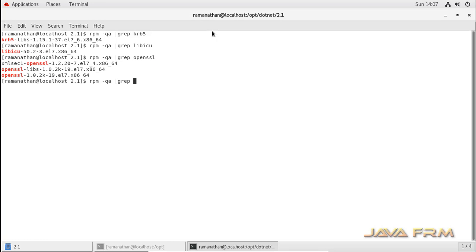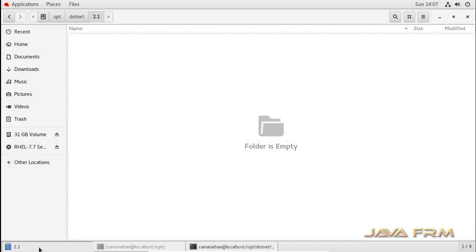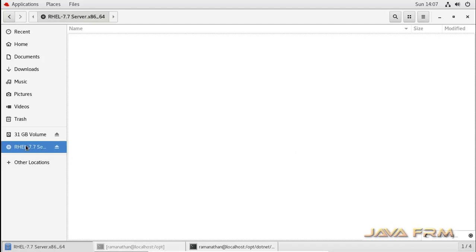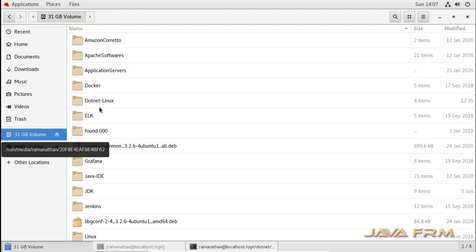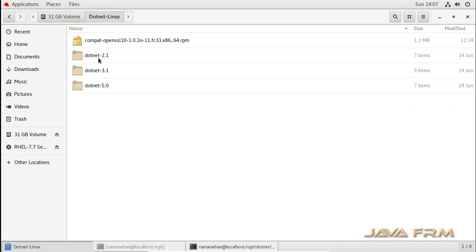All these four dependencies are already available. If any is not available, you can install it from the Red Hat Enterprise Linux 7 DVD ISO file. This Red Hat DVD contains all the dependencies necessary for .NET Core 2.1.